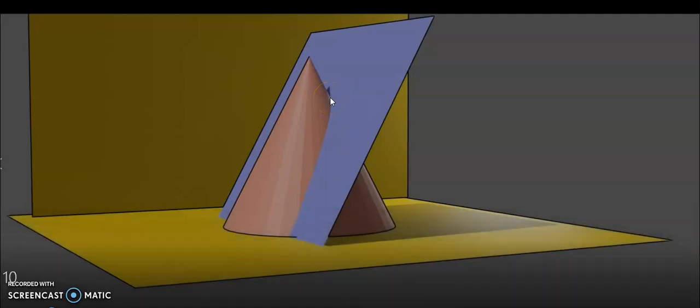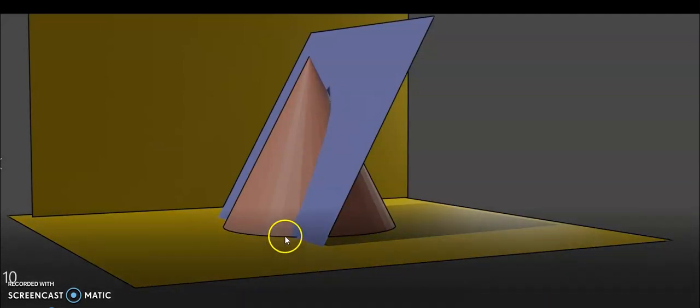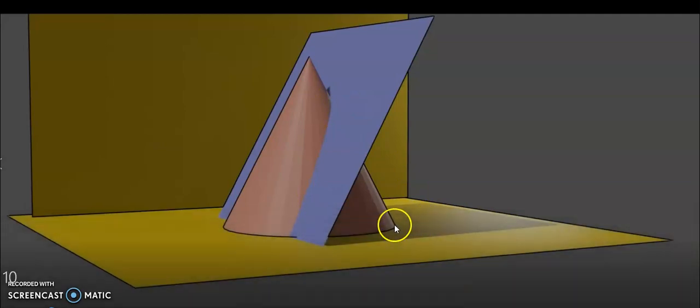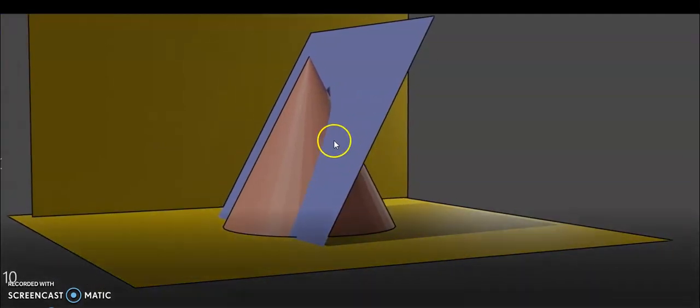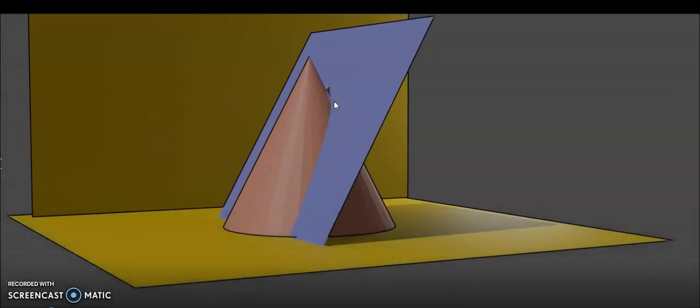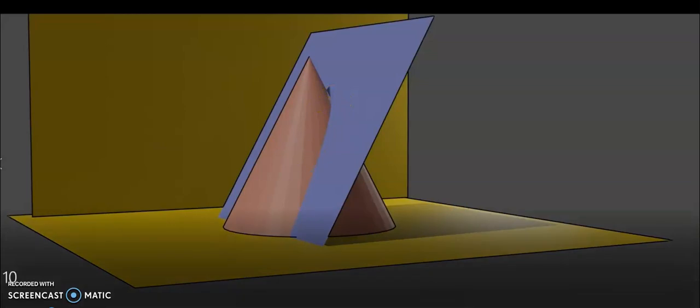Another peculiarity of the cutting is that if you cut in another position also, always when you cut the cone parallel to the generator,